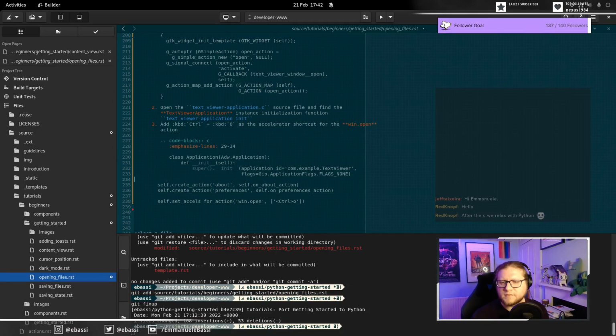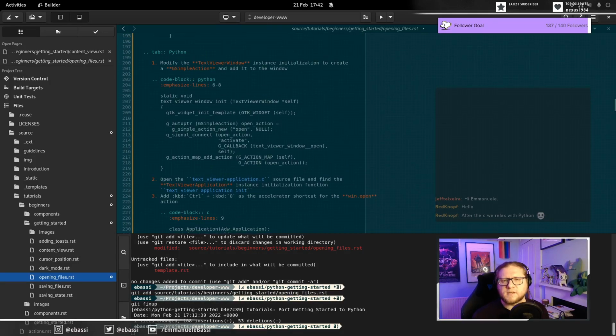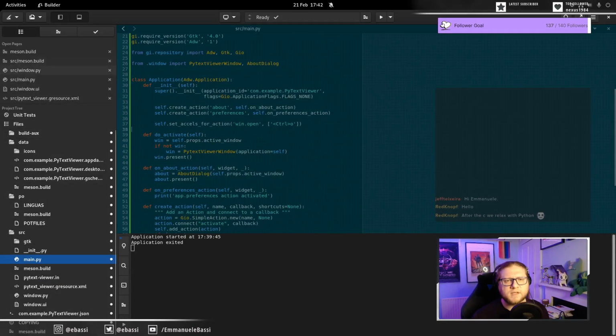This will have to be changed. This is going to be there and this. So we emphasize lines 1, 2, 3, 4, 5, 6, 7, 8, 9. So we emphasize line 9. And for this one instead, we are going to go inside the window